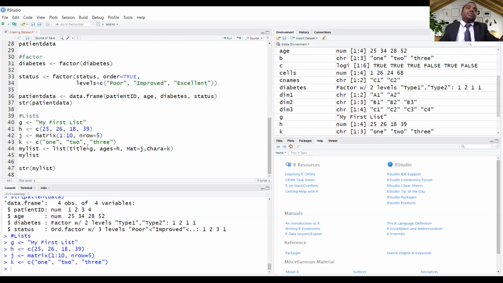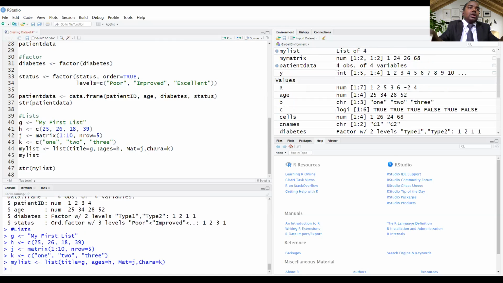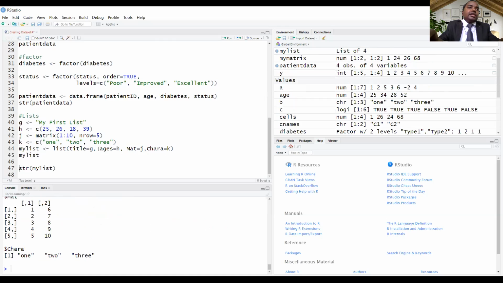In title it will be G. Okay. Then ages equal to H. Then matrices equal to J. Then character equal to K. So let's run it and print my list, and we'll just expand the console.